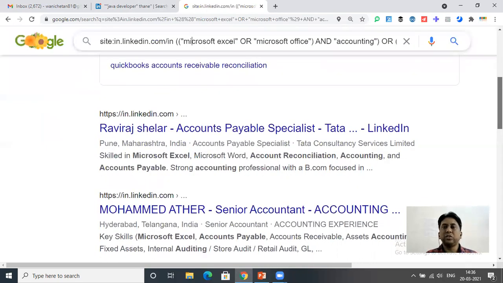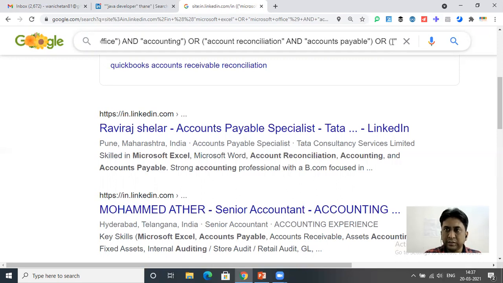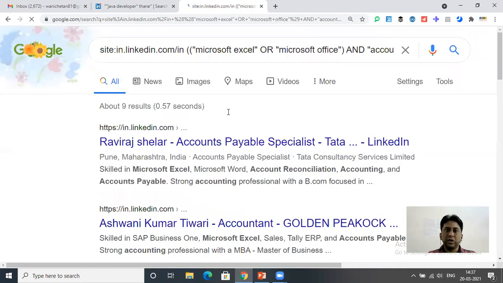As I said, you have to eliminate certain strings which are not required, but you get a fair idea of what the keywords will be. Suppose I eliminate this QuickBooks, I don't want a person who is using QuickBooks. So I will just eliminate this and click enter. So now I have got 9 results.